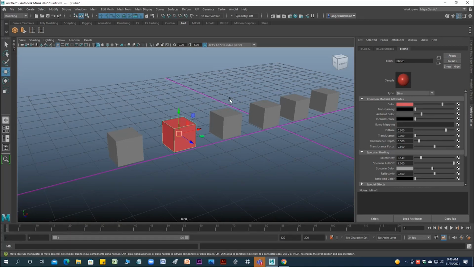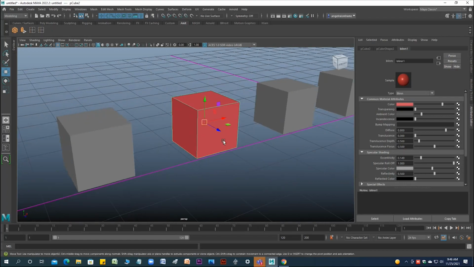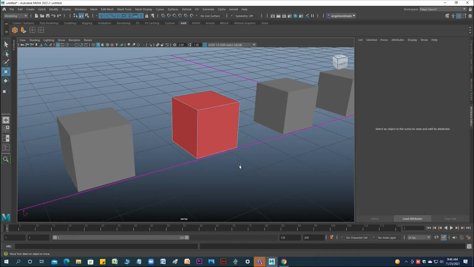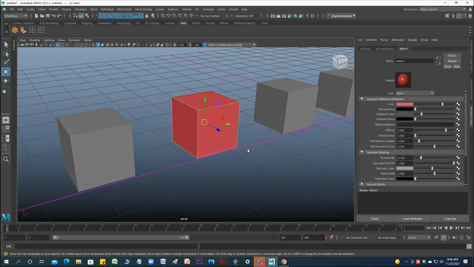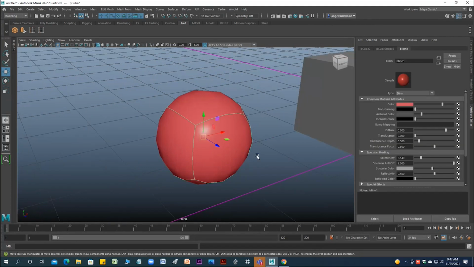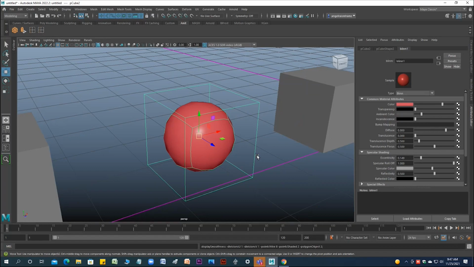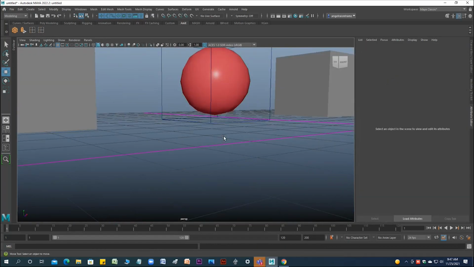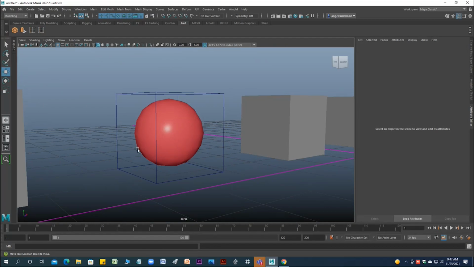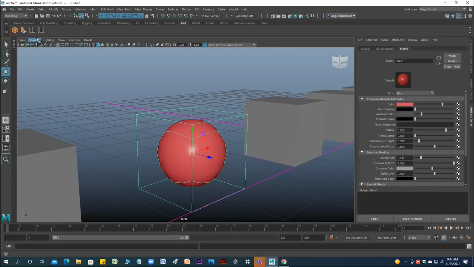So you can take a sphere rather than a box. Now you can see, right? On the box, it's not visible, so for that you have to add some loops over here.